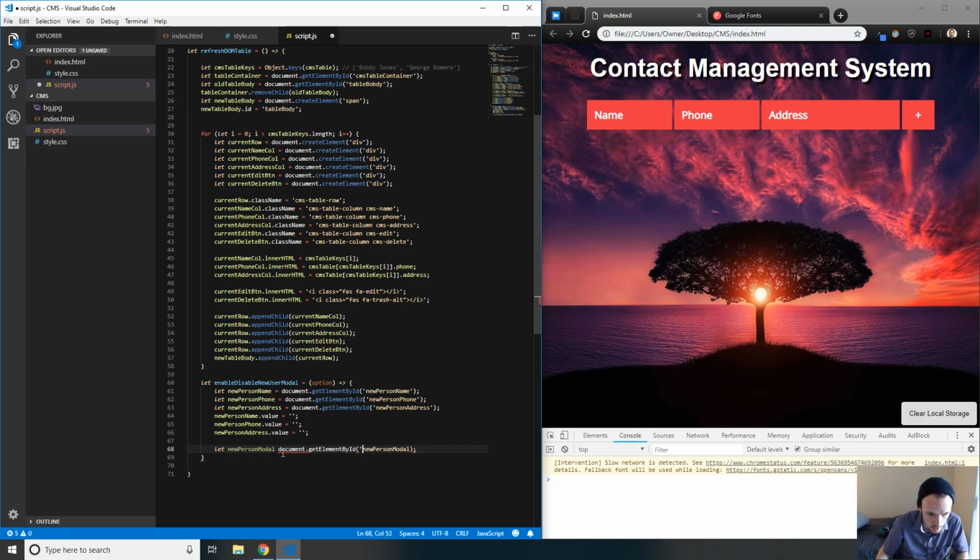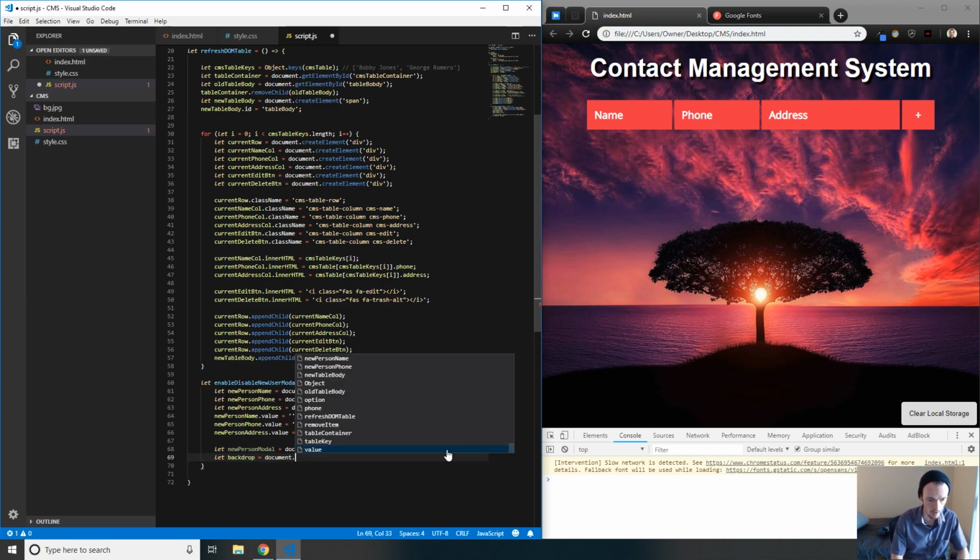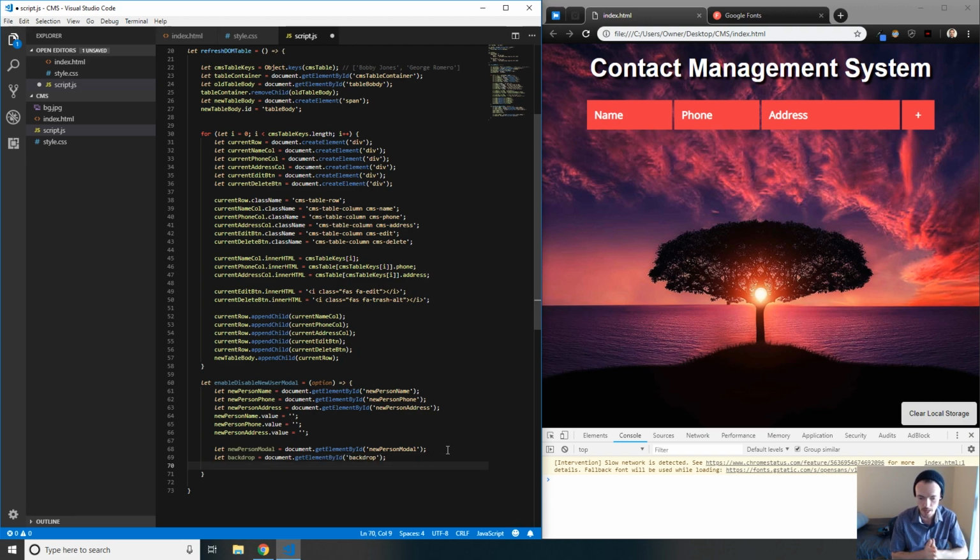I didn't put an equal sign, and gotta close it off with a quote. Cool. So what we're going to do with that is let's also grab the backdrop. We're just going to make these visible. So let backdrop equal document.getElementById, and we called that ID backdrop. Now all we're going to do is give both of those classes the